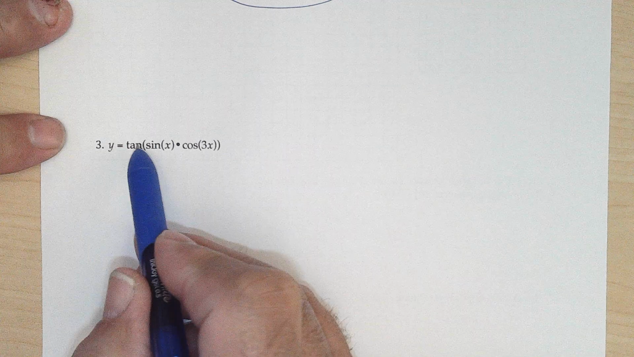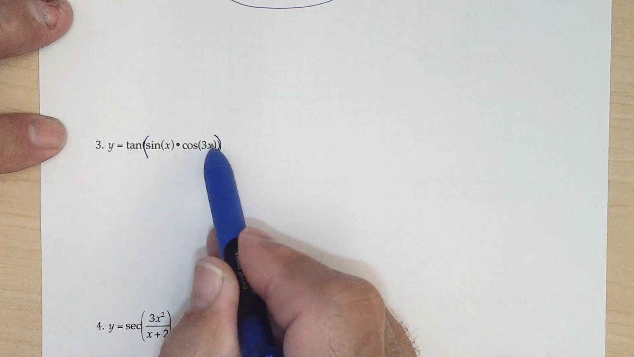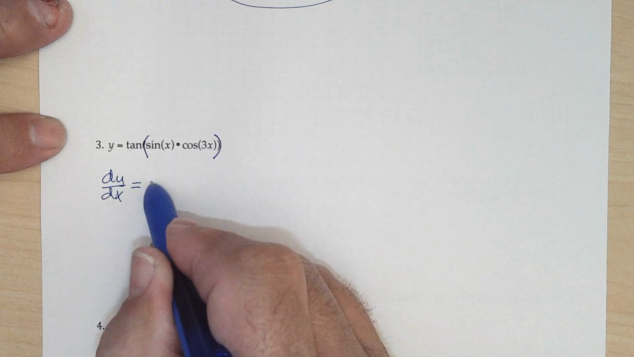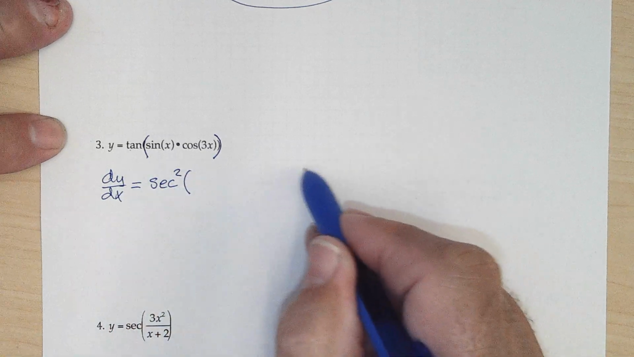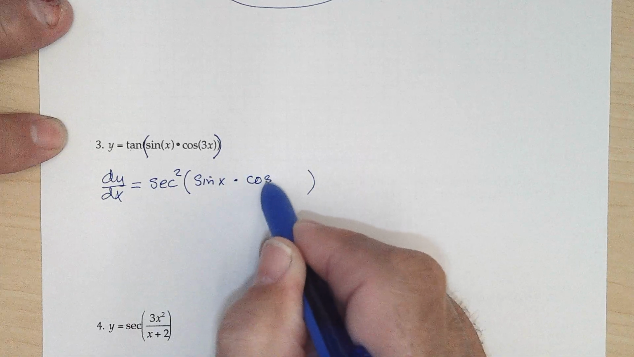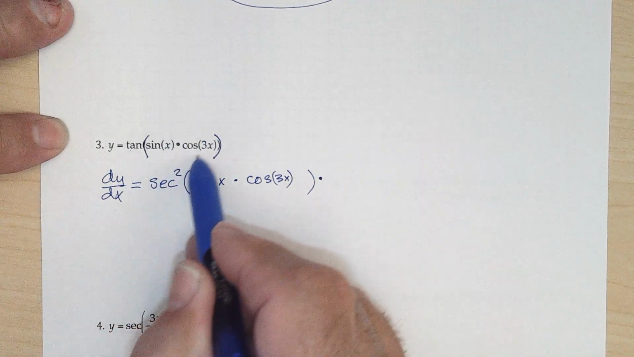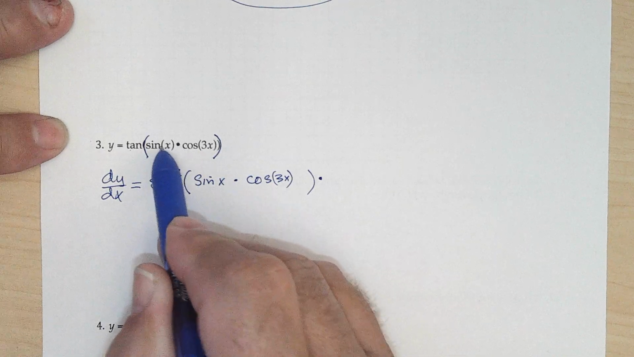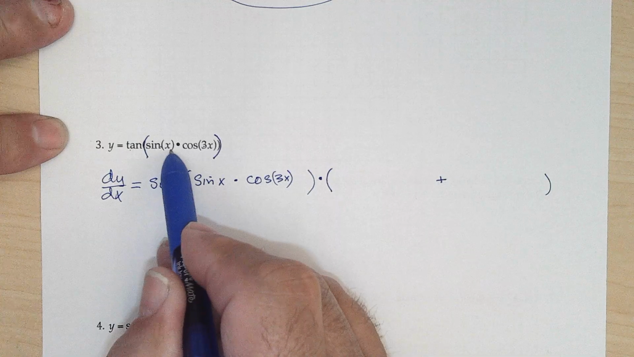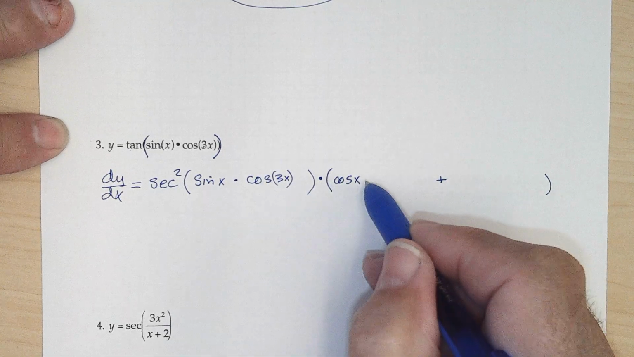All right. So the big picture here is we have the tangent of all of this. So the derivative of tangent is secant squared of whatever the tangent was of, which was sine x times cosine 3x, times the derivative of the inside. And the inside is a product. So we have to do a product rule. And the product rule is the derivative of the first. So the derivative of sine is cosine of x times the second